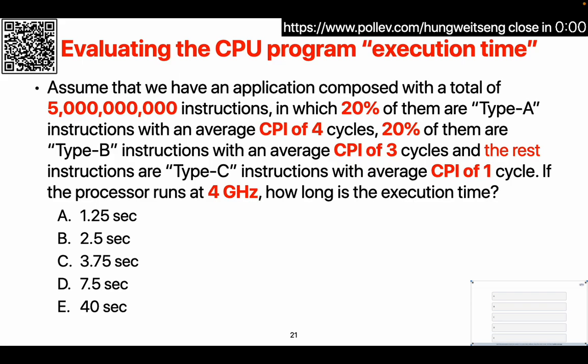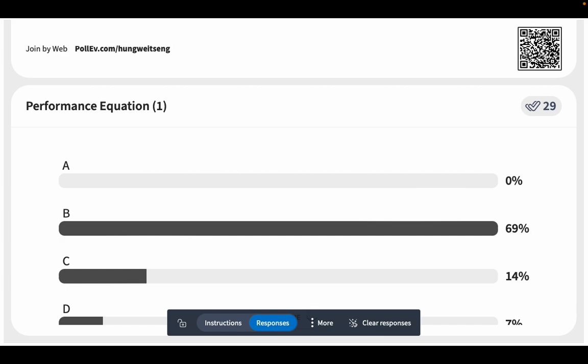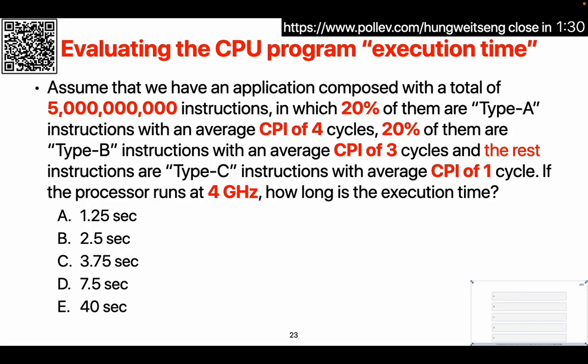Okay, let's see what's after the initial vote. After the first round, it looks like B is the most popular answer, but some of you believe it's C or D. So why don't you go ahead and discuss with your friends to confirm what's the right answer. Go! I messed up. I put 40, but I forgot the last term as